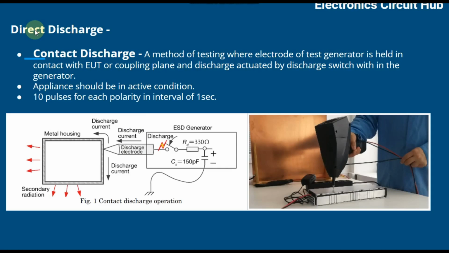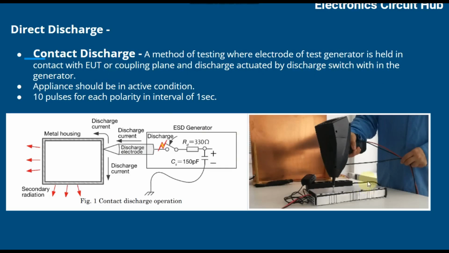One is direct discharge, the other is indirect discharge. In the direct discharge, the first one is the contact discharge. You can see here this man is doing some twisting, and it is discharging the ESD directly on your product, right? It is a method of testing where the electrode of the test generator is held in contact with the EUT or coupling plane and discharge is actuated by the discharging switch